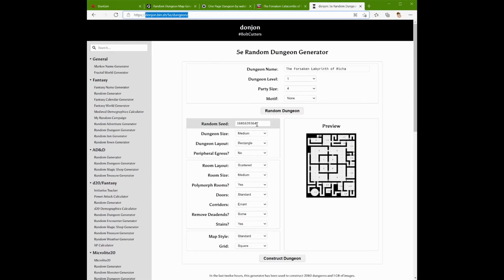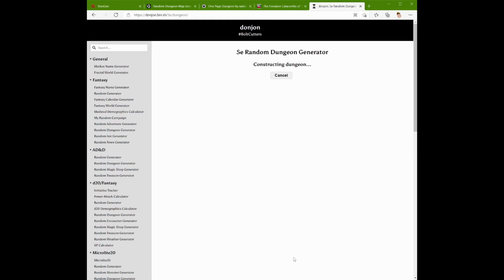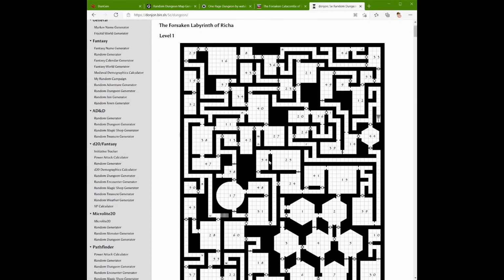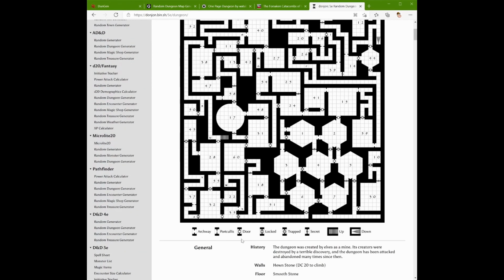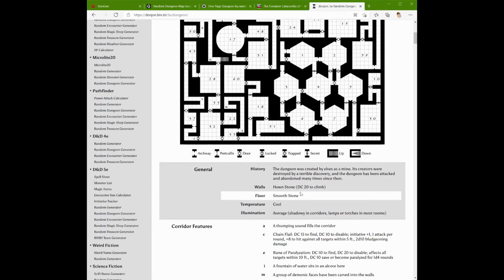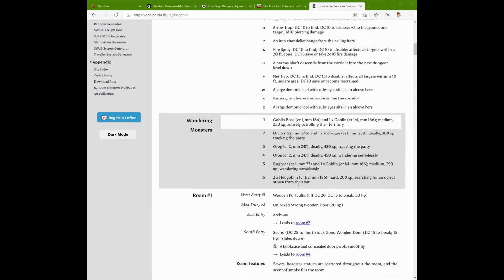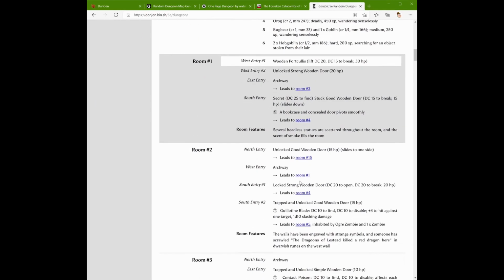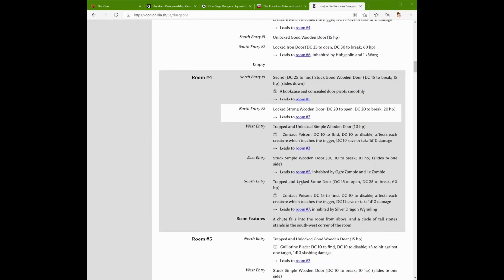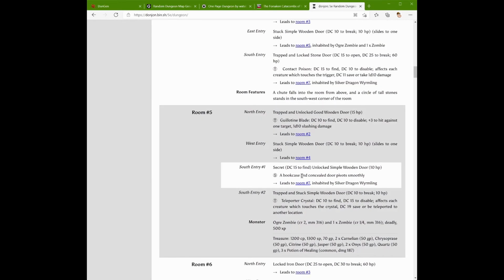So if we look at the things here, it's very similar, probably done in conjunction with the guys at d20srd.org. And when we hit generate, it takes a little while, but it maps the whole dungeon. Here's the dungeon again, a giant mega dungeon with a legend, with all the details of the general part of the dungeon, all the corridor features for all the corridors, the wandering monster table again, and all of the room data with hyperlinks. And so this is very similar to the D20 SRD,